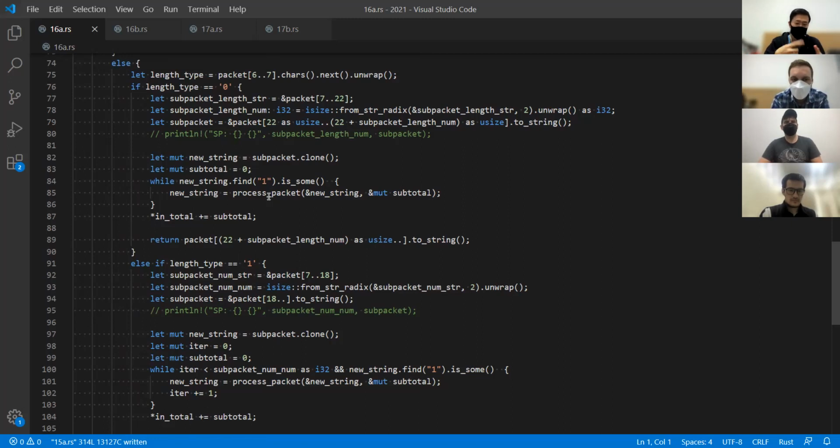It just unravels, as long as there are sub packets inside sub packets inside sub packets, it just keeps calling itself until it unravels all the sub packets. I think there's only one level of sub packet though, so I'm not really sure how much of a benefit that ended up being. But anyways,